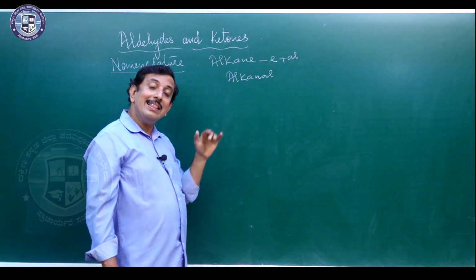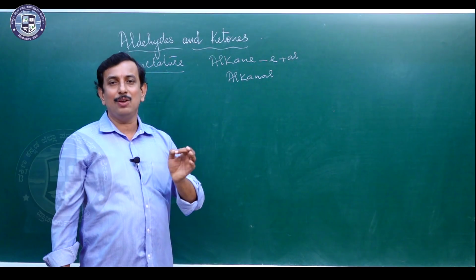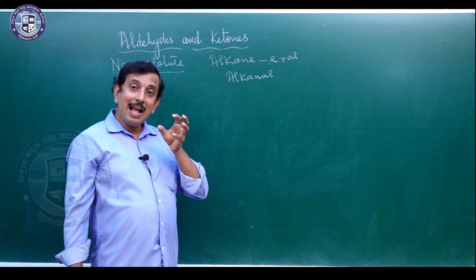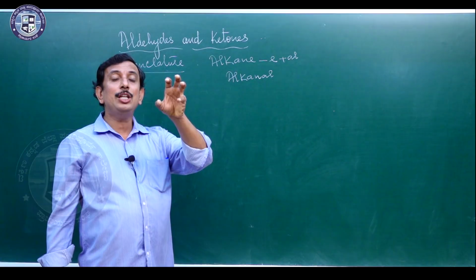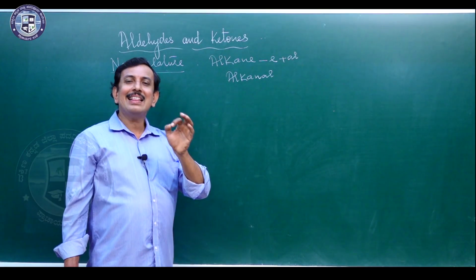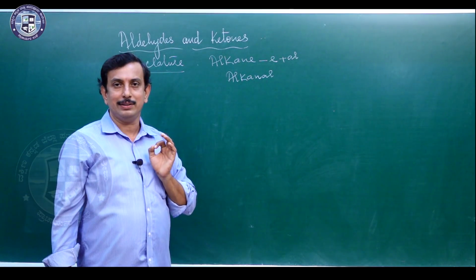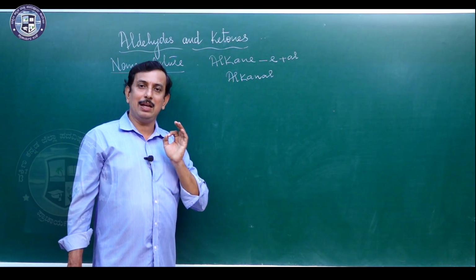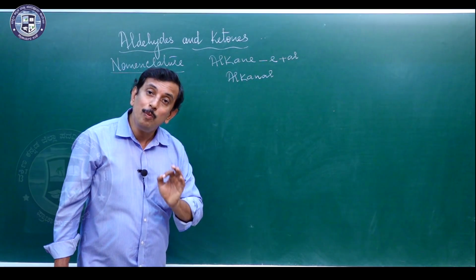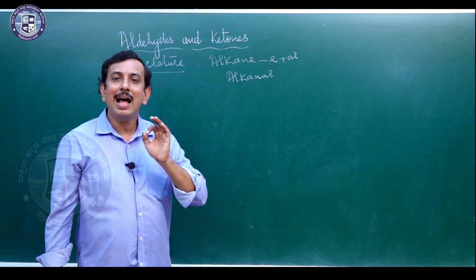At the same time, if I consider an aromatic aldehyde, an aromatic aldehyde means there is an aryl group. Aryl group, as you know, is represented as C6H5. These aromatic aldehydes are those aldehydes in which the CHO group is linked with the benzene ring. That is the simplest of the aromatic aldehydes. And this aldehyde where CHO is attached directly to the benzene ring, we call it benzaldehyde. Benzaldehyde is commonly called as a common name. At the same time, it can be even taken as an IUPAC name also. Therefore, benzaldehyde is a common name, benzaldehyde is an IUPAC name.